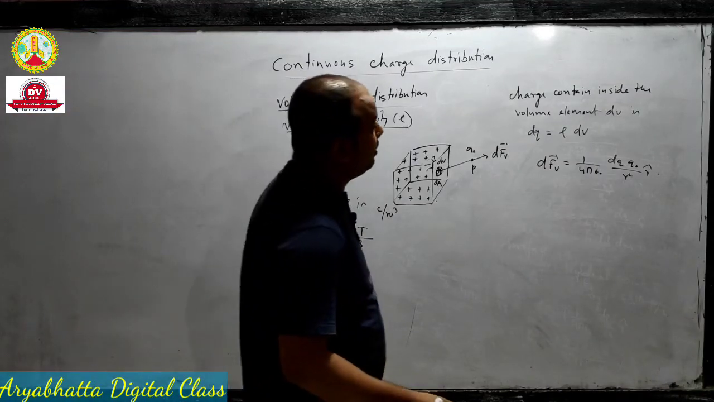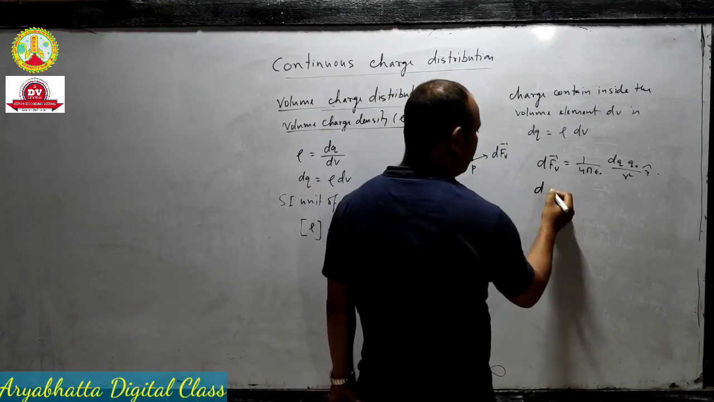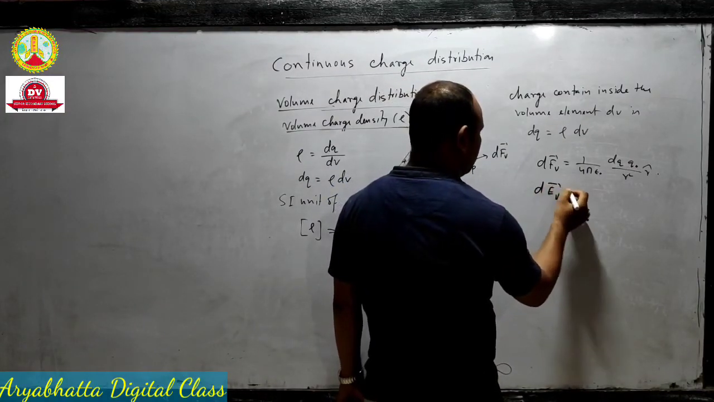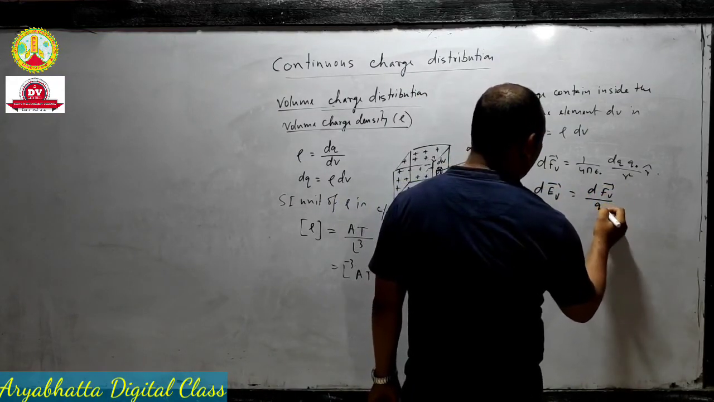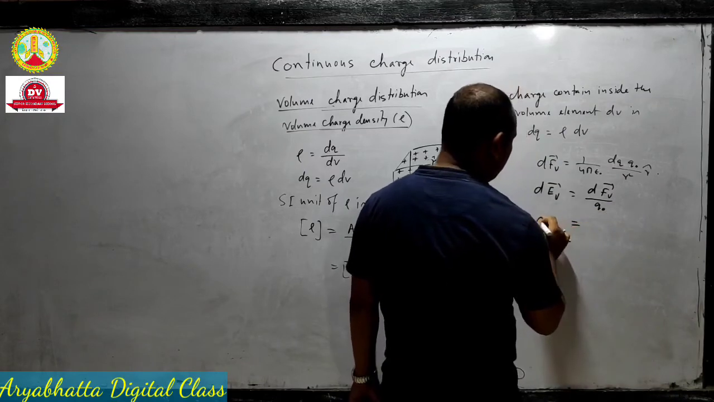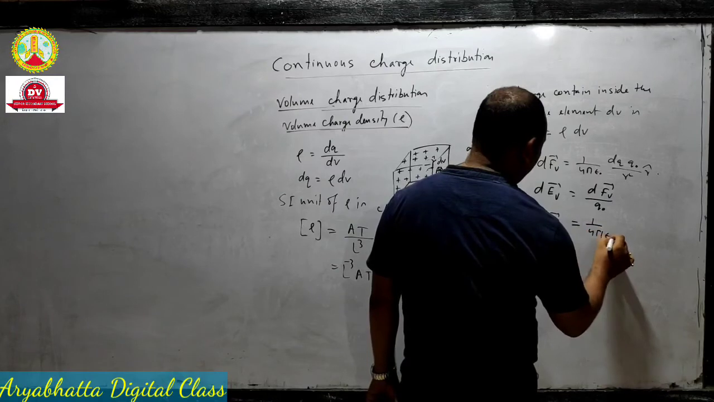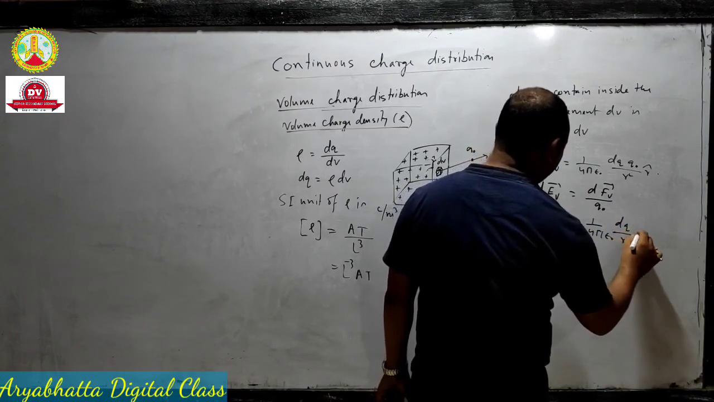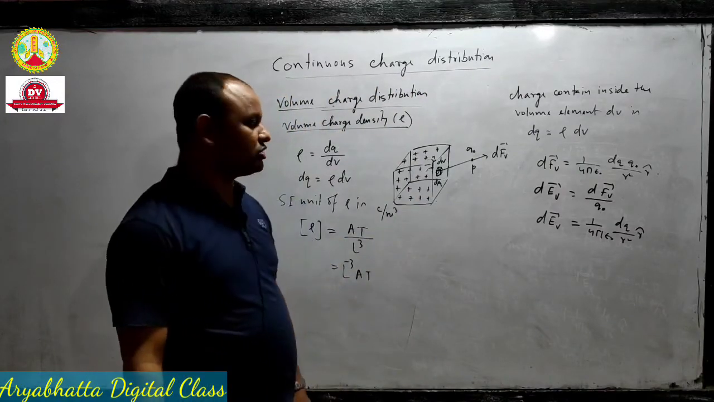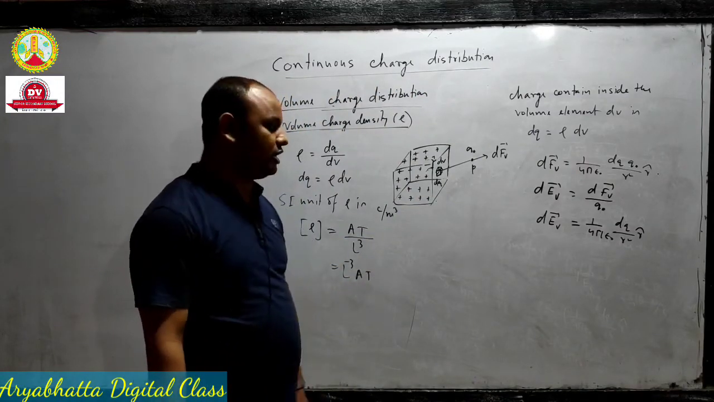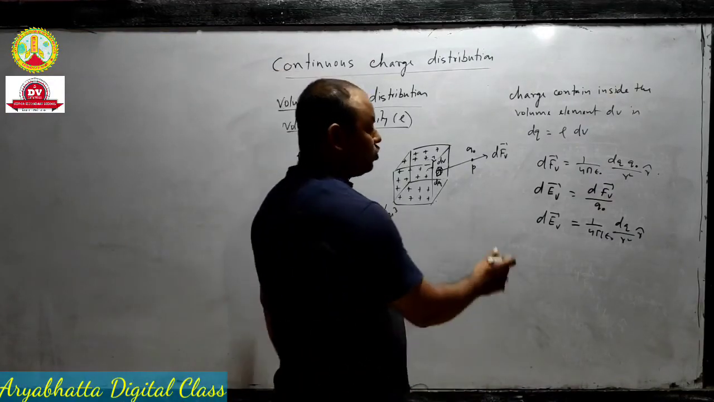The electric field at the point due to this small charge element dq will be equal to dFv divided by q naught, which is equal to 1 by 4 pi epsilon naught dq by r square r cap. This is the value of the electric field at point P due to a small charge element dq. Therefore the total electric field